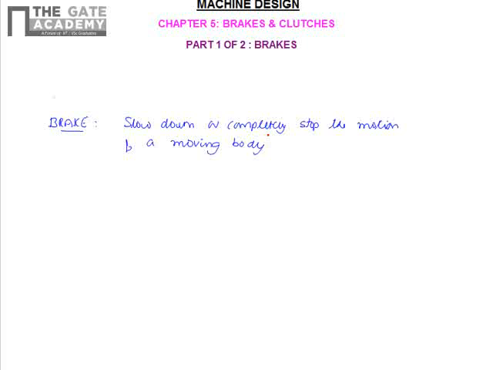So, how does a brake work? A brake works by means of an artificial resistance that is applied on a moving machine member, and there are different types of brakes. The different types of brakes are used in different applications. Based on the working principle, brakes can be classified as